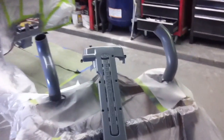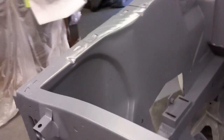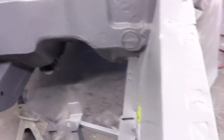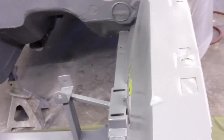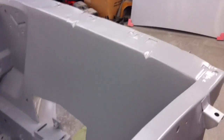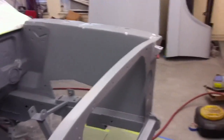Alright guys, we just finished putting the sealer on and didn't really have any major issues. Just going to go with one coat to make sure everything's uniform and one color, and there were a few bare metal spots. We had urethane primer sealer and also some epoxy sealer, so we used the epoxy since we were going to have to go over a few bare metal spots. We're going to let that flash off for about 45 minutes or so, and then we'll spray our first coat of